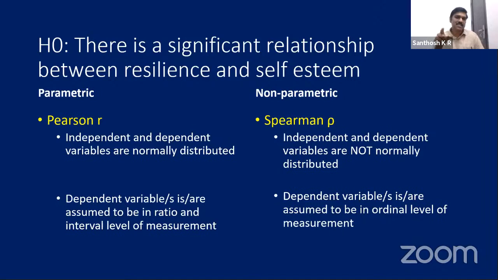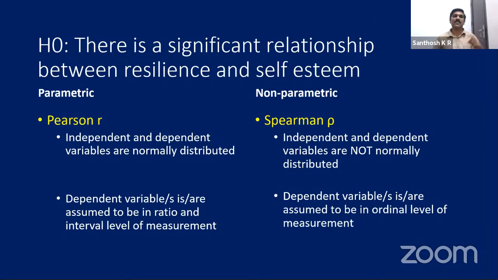We'll call it as what? Spearman rho. In Spearman rho, as we said before, the data will be completely ordered as per the rank, and then we will identify the correlation. In Pearson's r, we will give importance to mean and standard deviation, and we will proceed. This is what we will do.